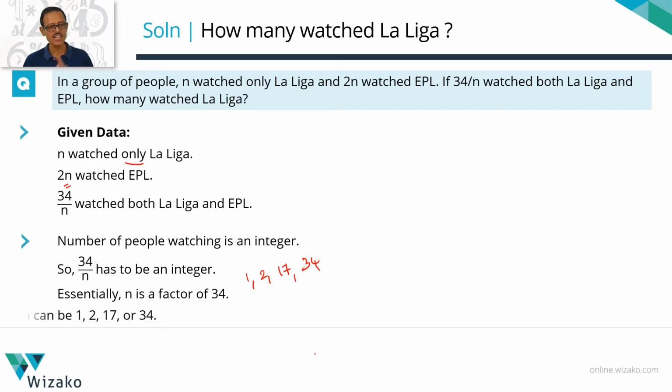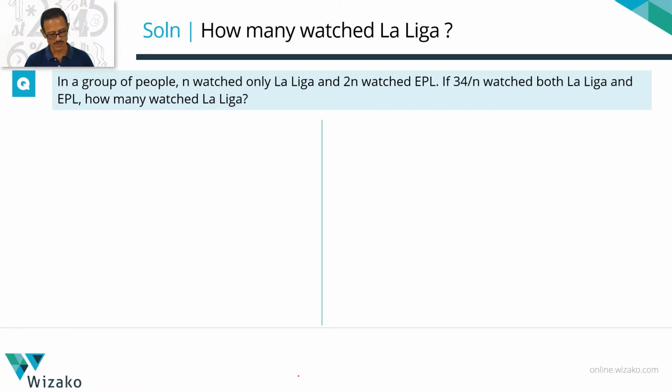So potential candidates for values of N, these are all values that N can take, are 4 values, 1, 2, 17, and 34. Now that we see 4 values for this, it doesn't mean that immediately this N plus 34 upon N is going to take 4 values correspondingly. We have to check out whether any of these values cannot make sense in this context. How do we go about it? We'll pick values one after the other, substitute it for N, 2N, and 34 upon N, and see whether it logically makes sense. Let's start with N equals 1.